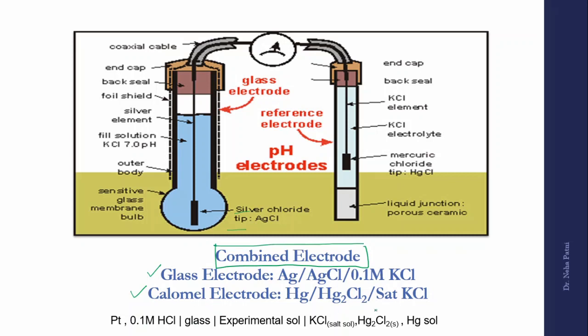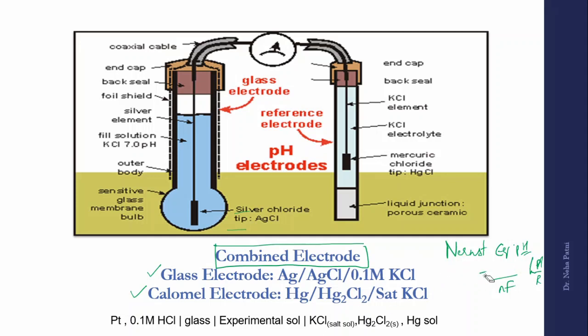So basically this kind of cell setup is done. I hope you remember the Nernst equation, which you have understood in the electrochemical chapter, right? EMF you have to find out, which is like 0.0591 RT over nF and log of concentration of product over reactant. So wherever there is log of H plus, negative log of H plus becomes pH. So this particular term can be converted into pH, and if the values of this cell are given, pH can be solved. So basically using this Nernst equation, the pH meter works whenever there is log of H plus in the product or reactant, in the overall reaction if you see.